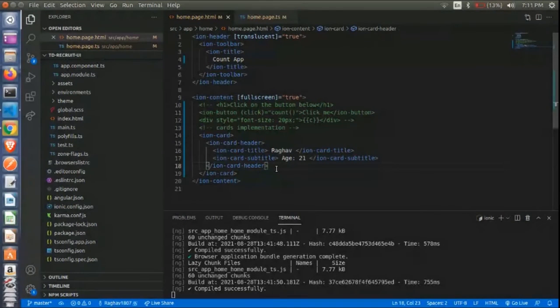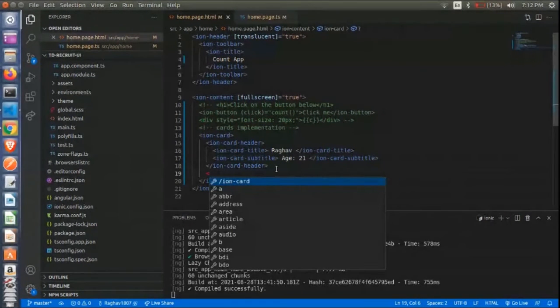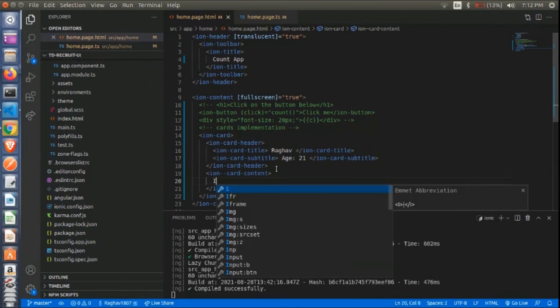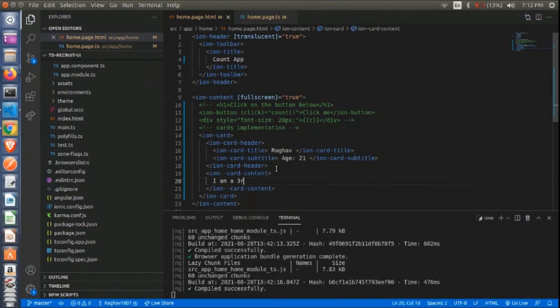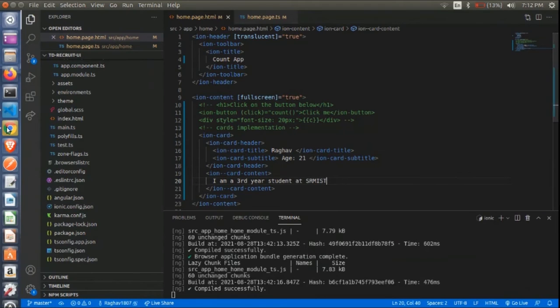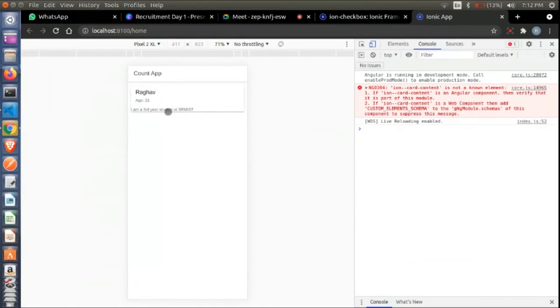Now next, we can give the content to the Ionic card by giving the tag ion-card-content. Here let me give the content of the card as I am a third year student at SRM IST. Now you will be able to see that the content of the card has appeared over here.